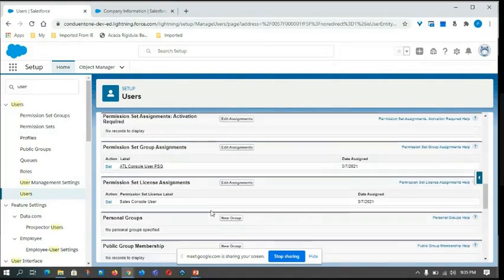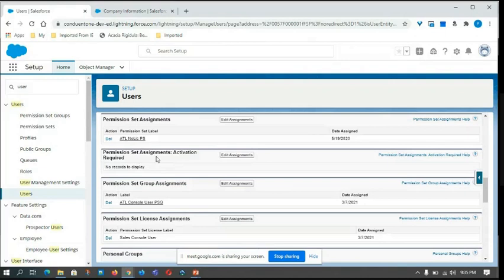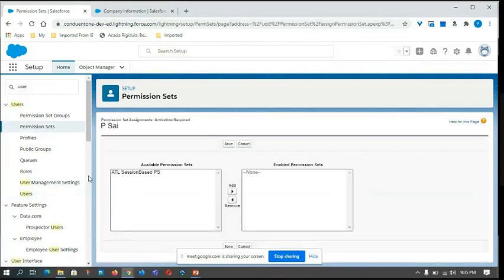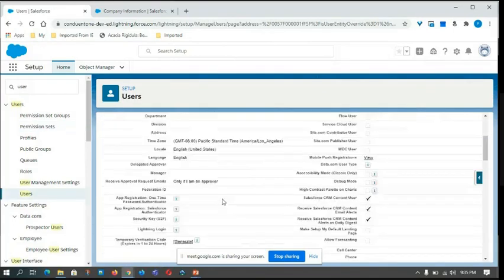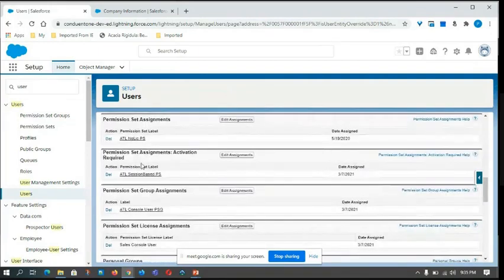If you see this permission set assignment, activation required, we can do this one also. This is specific to session based permission sets. Let us try that and save it and see whether it was updated or not. You can see there is no session based activation required. It is a normal permission set group assignment for a particular user.